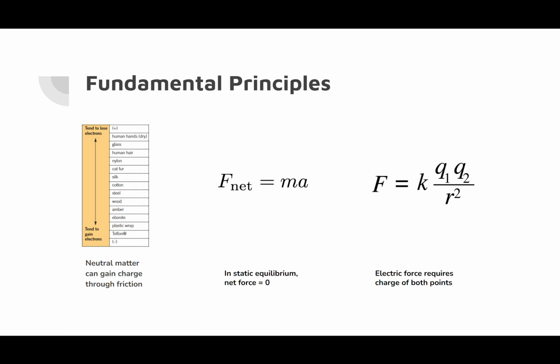A couple fundamental principles we need to understand is that neutral matter can gain a charge through friction, again losing or gaining electrons. Things in static equilibrium have a net force of 0 because there is no acceleration, and the electric force requires a charge of both points, and we of course need to understand that like charges repel and